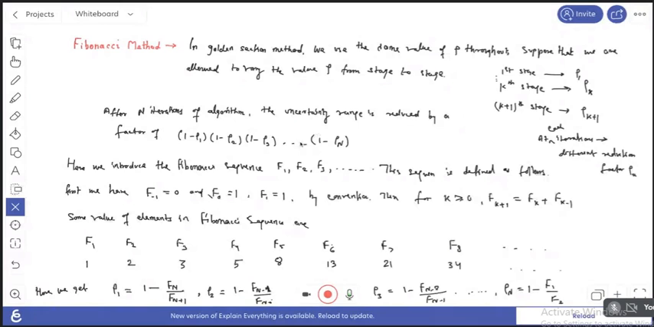Here, what is the value of 1 minus rho 1? 1 minus rho 1 equals fn upon fn plus 1. What is the value of 1 minus rho 2? This is fn minus 1 upon fn. If we multiply these, fn is cancelled out. Similarly, this and this are cancelled out. So, on the next page,